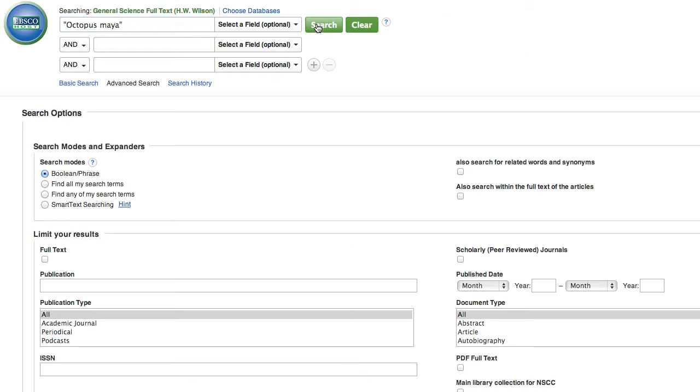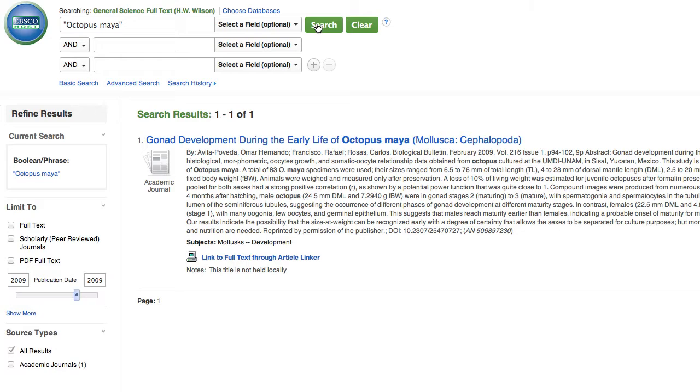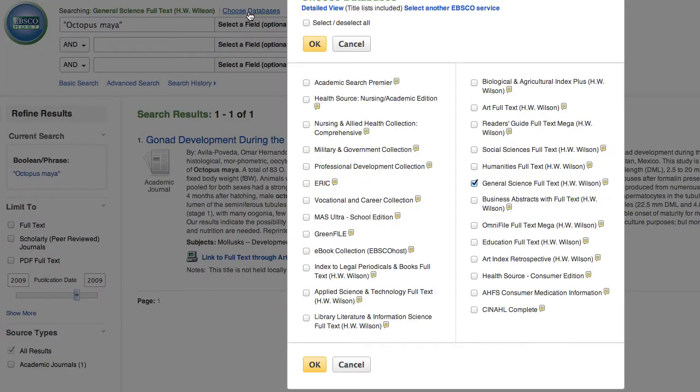Click search. And I can see I only got one result, which isn't going to be enough. If you've chosen a species that you're really interested in sticking with, there are a couple of things that you can try if you get search results like this where you have 0 to 5 results, which isn't really enough to work with. We can go back up here to the top where it says choose databases, and I would